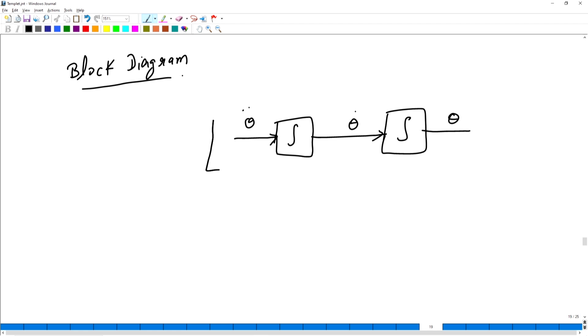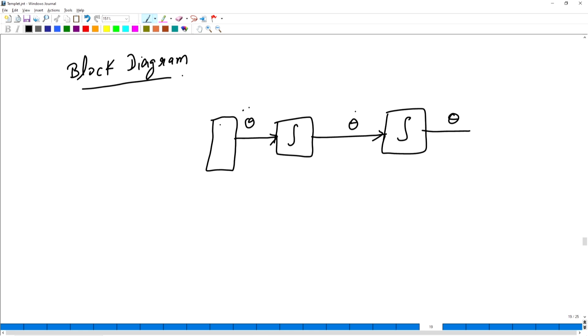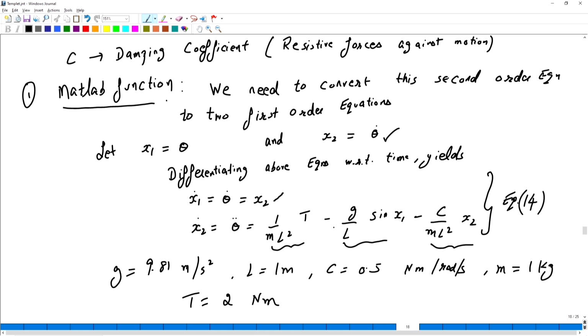And here, for theta double dot, we have three variables: T by ml square minus g by l sin x1 minus c by ml square x2. So here let me write this as plus, that will be for torque. This is minus, since both are minus here.